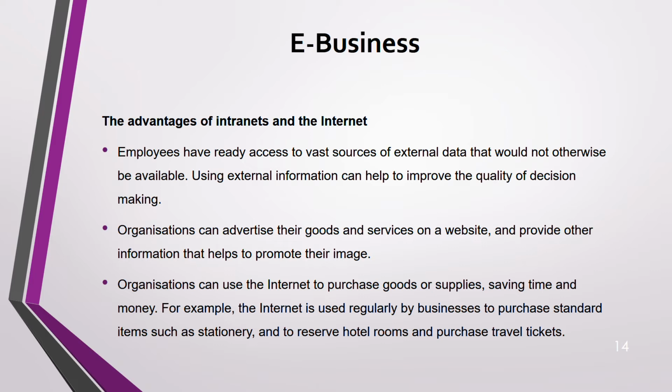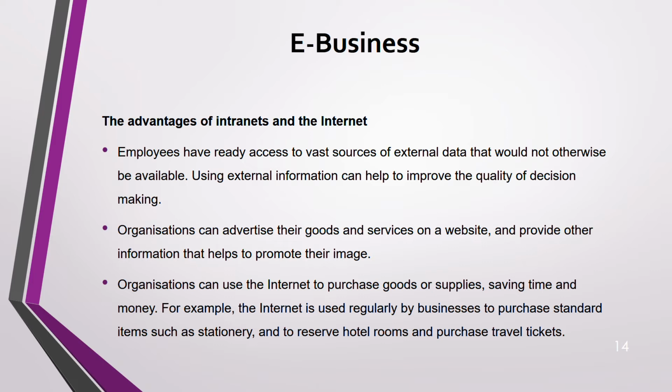For example, some businesses need to purchase standard items. Standard items they always need to purchase, like stationery items, pen, pencil, your paper clips. All these things regularly need to be purchased. They are called standard items. So what does the internet do? Automatically the internet knows that you set that at this time of the month you need to place an order for this. So the internet will do it. The internet will take care of it. They will place an order with the supplier,